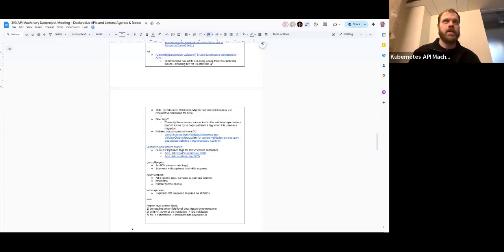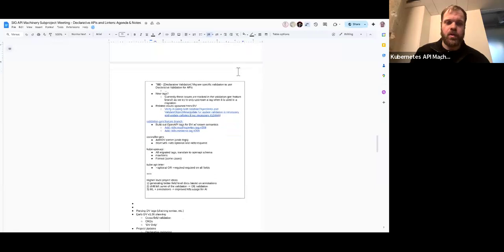One is obviously migrating all of the legacy validations, or handwritten validations, to declarative validation. But the more feasible short-term goal is that all new APIs use declarative validation when possible. So that is the goal that we're building towards. So we're fleshing out the library. We're trying to make it as easy as possible to add these tags. And so again, if folks can get in there and help, if you're familiar with anyone making a new API to use the tooling. But I just want to call out that that's the goal there.